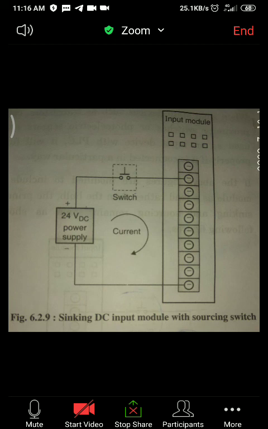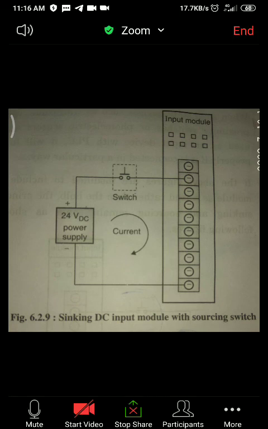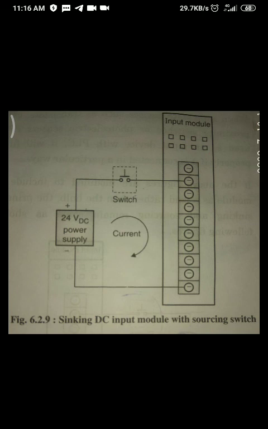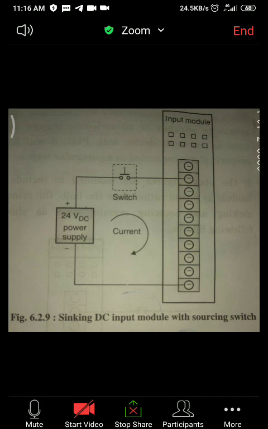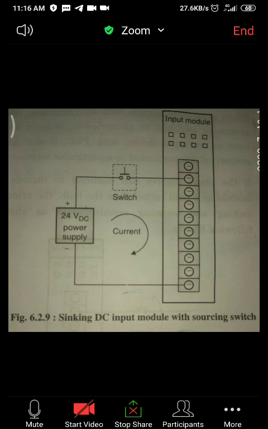Any doubt in this? So when a PLC is used with solid state devices as input field devices, then the following two basic principles must be noted. The first principle is when an NPN transistor is used, again, there are two types of transistor, NPN and PNP. When the NPN type of transistor is there, means what? The arrow of the symbol is on the outer side, means it is supplying current to the devices. So obviously it will act as a source of current. So when an NPN transistor is used, it should be connected in this sourcing mode, which is now visible on your screen.